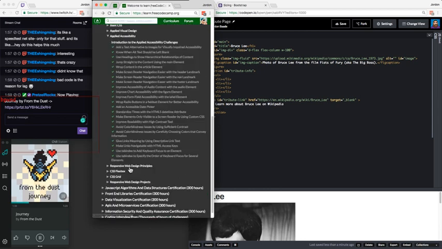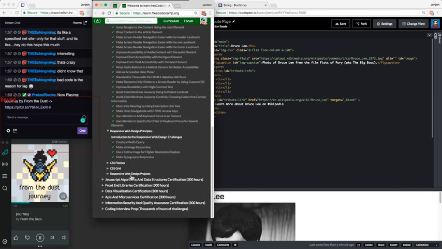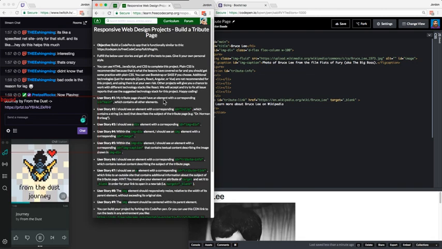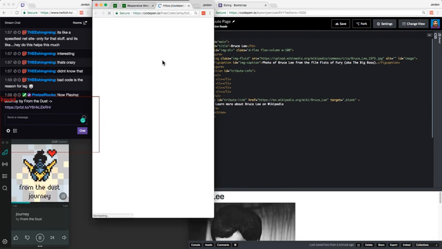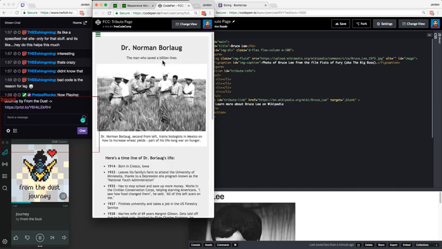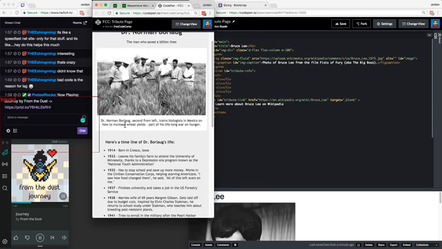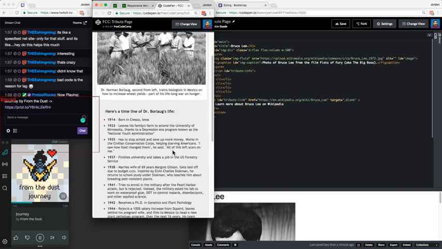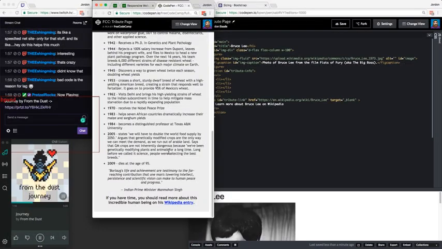Let's look at their tribute page again. What did they have altogether? Just a picture, a little subheading, timeline of his life, quote about him, and then